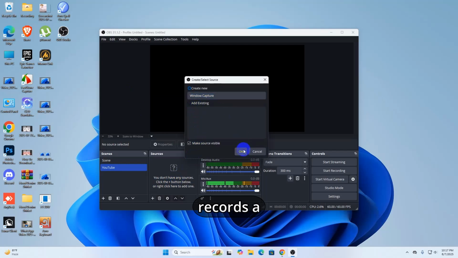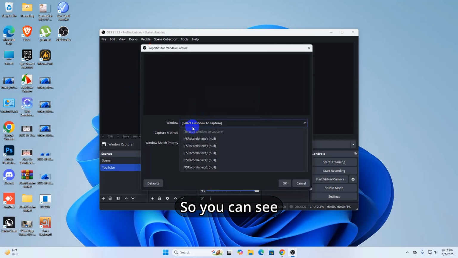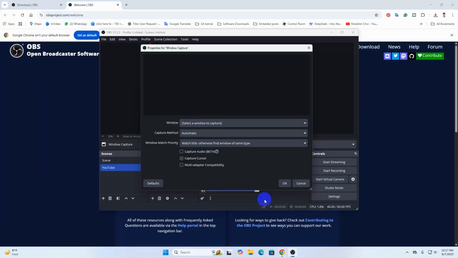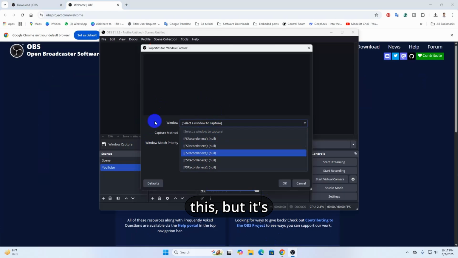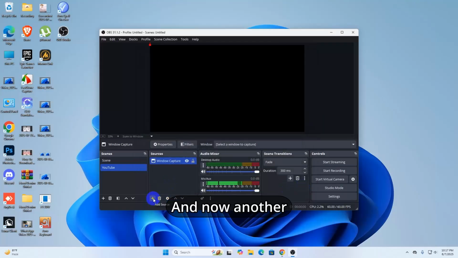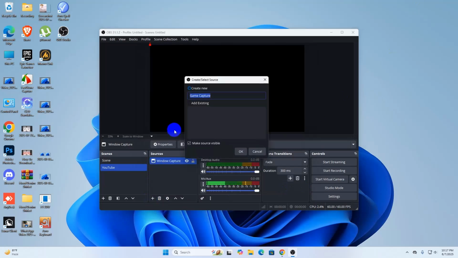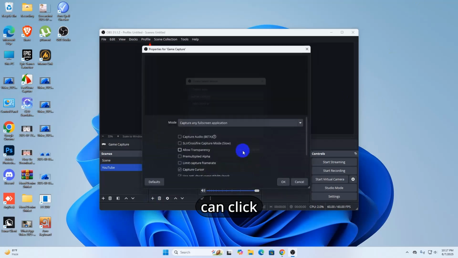This window capture only records a preferred or a certain window. So you can see some recording that I am running and I can choose it. So I am actually running this. I can also use this, but it's not showing for some reason. So I'm going to just cancel it. And now another source is game capture. I don't have any games open on this computer, so I'm not gonna use it, but I'll show it just for you. So in the game capture, you can click on OK,